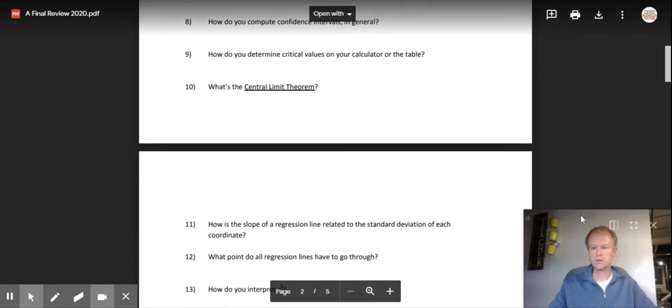All right. Next up, the next question is, what's the central limit theorem? So let's go back to the handout a second. So, central limit theorem is